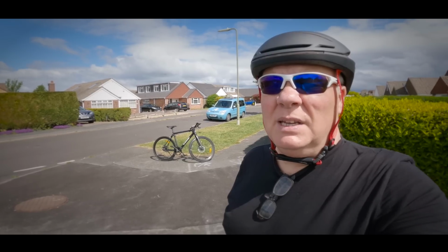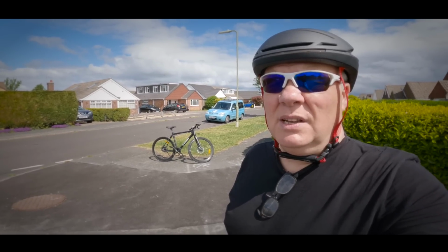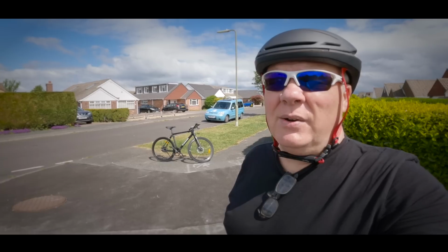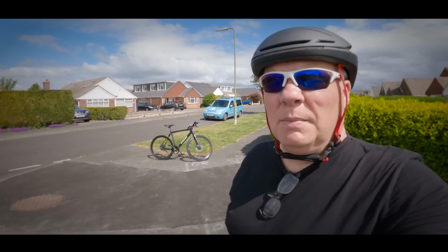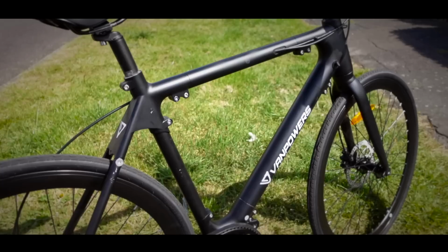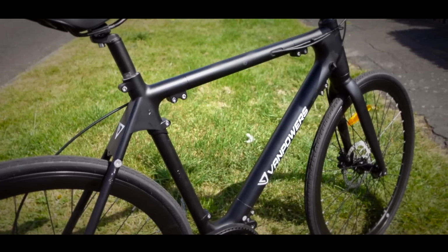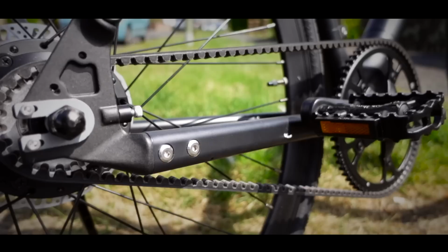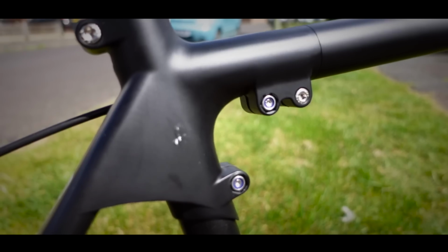Now obviously one of the main concerns is going to be safety. I put the bike together myself, but I don't have a background in engineering and I'm not a qualified bike mechanic or anything, so the concern for me is the bolts, are they going to stay secure and tight? So that's something that will need to be checked from time to time, and there are quite a lot of bolts